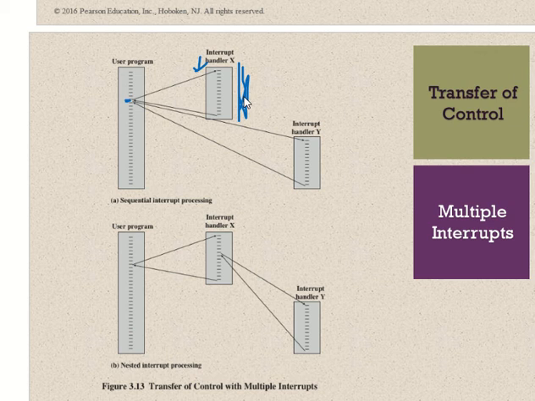So another interrupt cannot interrupt the CPU because it is servicing the interrupt service routine. During the time it handles one interrupt, nobody can interrupt the processor. After finishing this, it comes back here and at that time it will enable the interrupt.